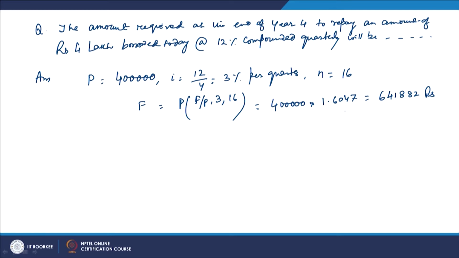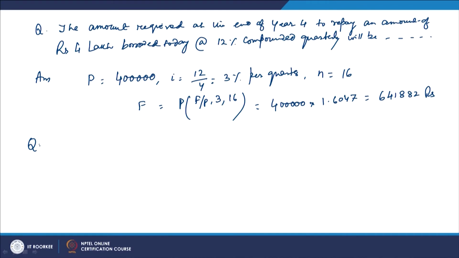So, 1.03 raised to the power 4 minus 1. So, it will be something like 12.035%. So that also again multiplied by 4 times, and so that will give you this same thing. Then you may further have a question of some other type, like a person borrowed